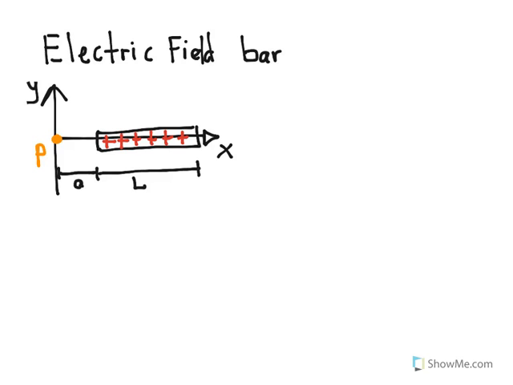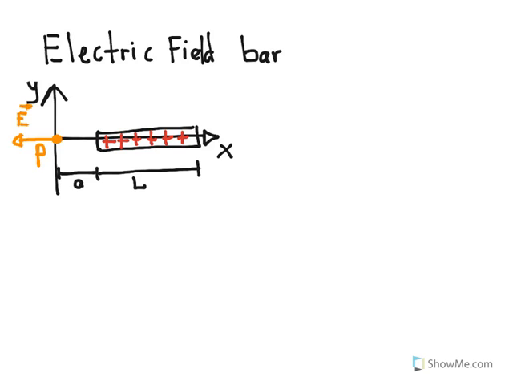For the positively charged, the electric field at point P, which is located at the origin, will go towards this direction. For a negatively charged, it will be in the other direction. And we're calculating at a point P located at a distance a from the extreme of the bar,